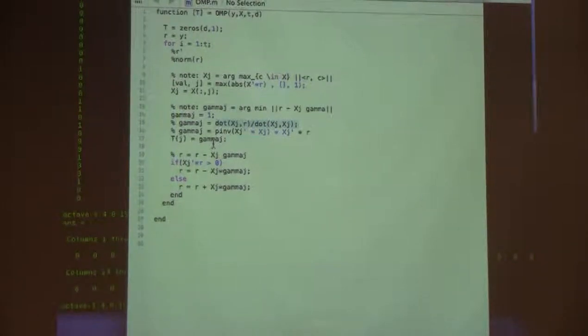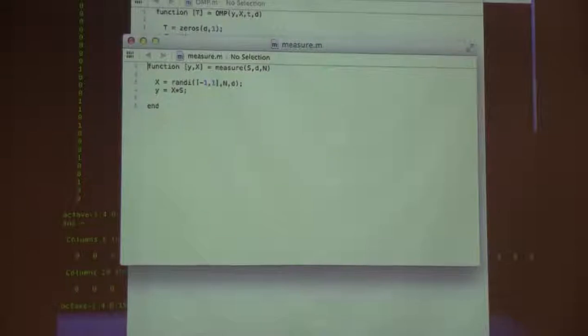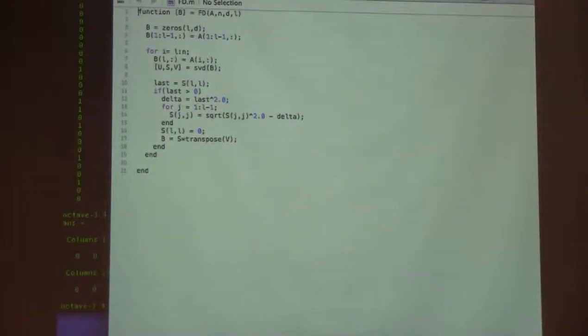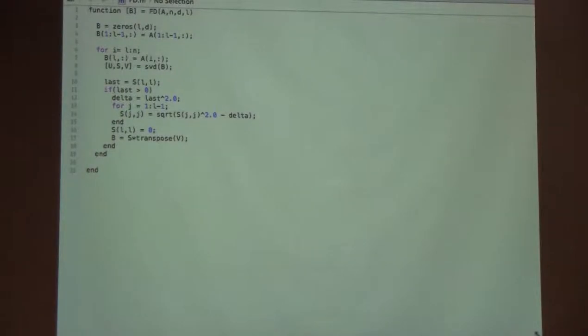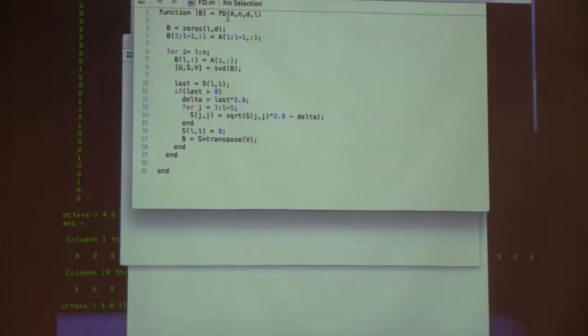Okay, so I'll start with the simplest thing. I wrote this frequent directions code, and I'll show you. So here's the whole code for frequent directions, and I'll walk through this and show an example. You have input as a matrix A that's n by d, and